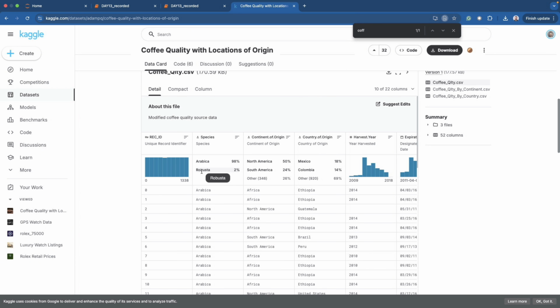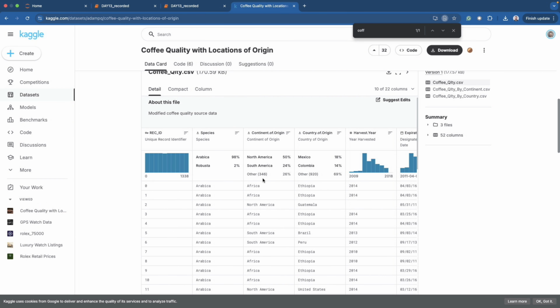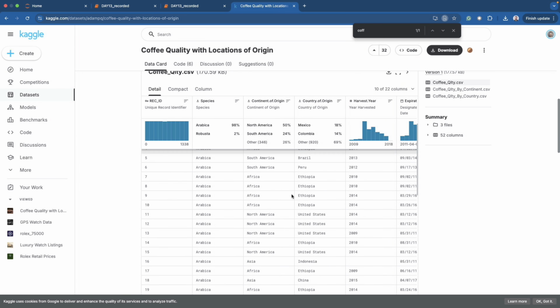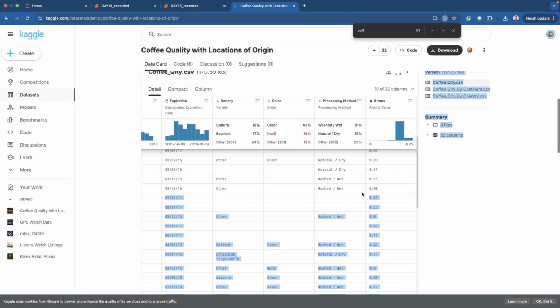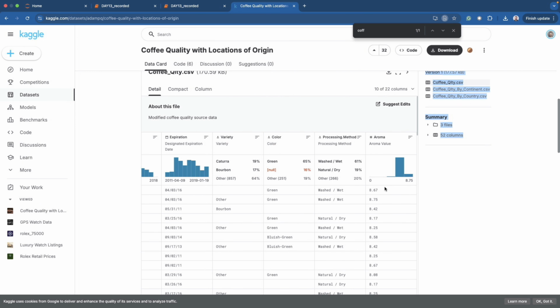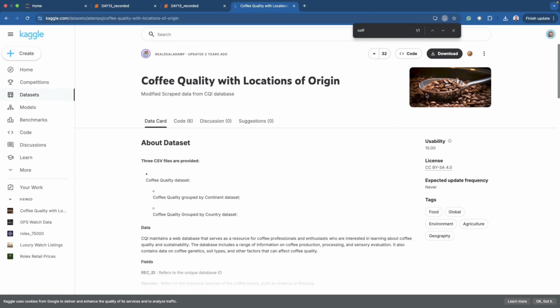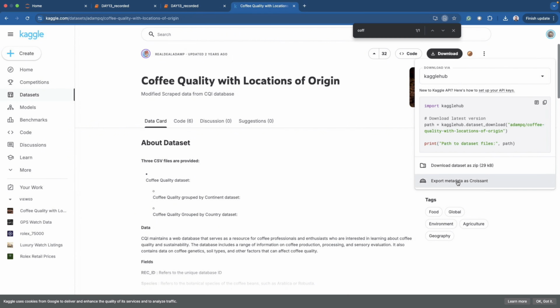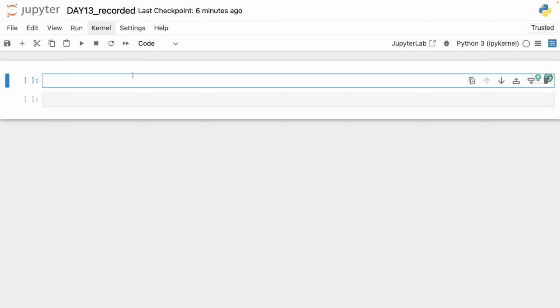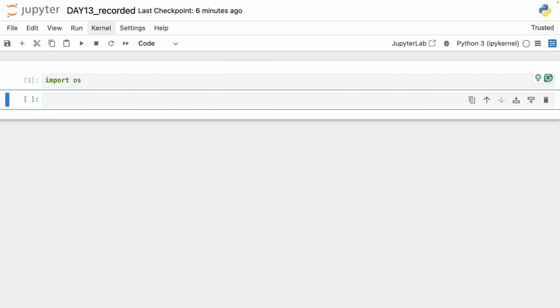So this is a CSV file, with harvest year, country of origin, and a couple of scores. So let's download it. Okay, I will only cut the part where I downloaded the file and selected the download location because I was just moving around in my Dropbox folder. But for now, it should be downloaded